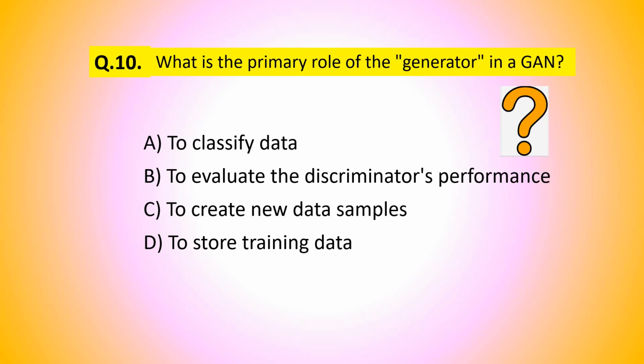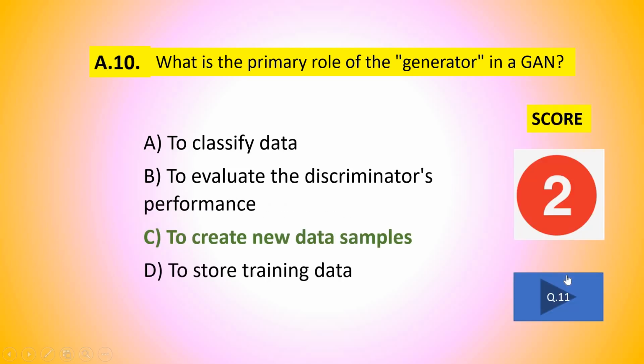What is the primary role of the generator in a GAN? To classify data, to evaluate the discriminator's performance, to create new data samples, or to store training data? The answer is to create new data samples. Okay. Now, question number